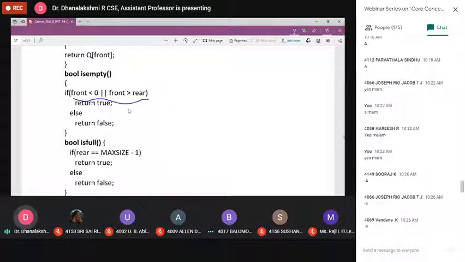Other than Harish, do you have any doubts? Students, please ask me, or shall I move on to the next topic, linked list implementation? Yes, Suraj. Suraj, any doubts on this array implementation? Any operations? If you have any doubts, please ask me. No doubt. Okay, then.